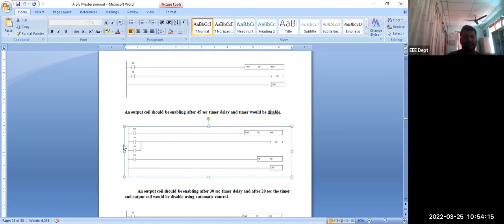Enable only. Okay, Y0 will be on condition only. That's why here using latching, Y0 latching. So that is the thing. Next one,